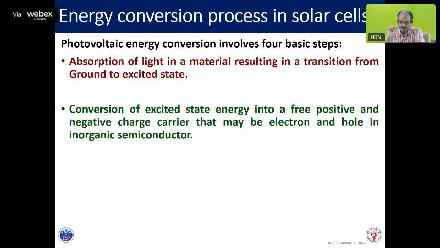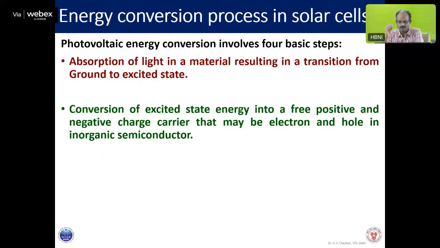Then the next part is, once the light is absorbed, what has to be done? It has to be converted into electron and hole pairs. So, conversion of excited state energy into free positive and negative charge carriers, that may be electrons and holes in inorganic semiconductors, and it will be an exciton in organic semiconductors, but then the exciton will also be converted into an electron hole pair. So the first thing is the absorption of light,